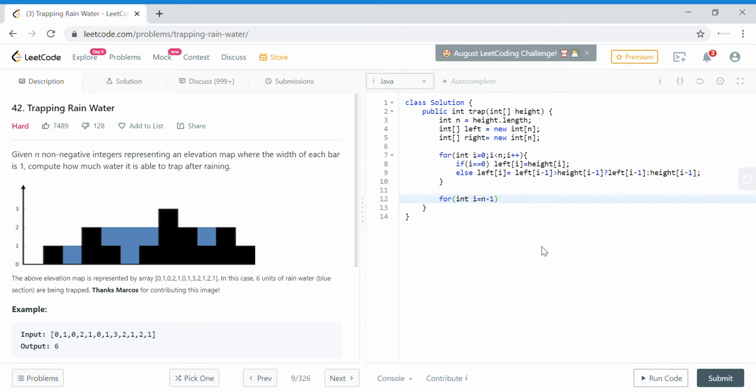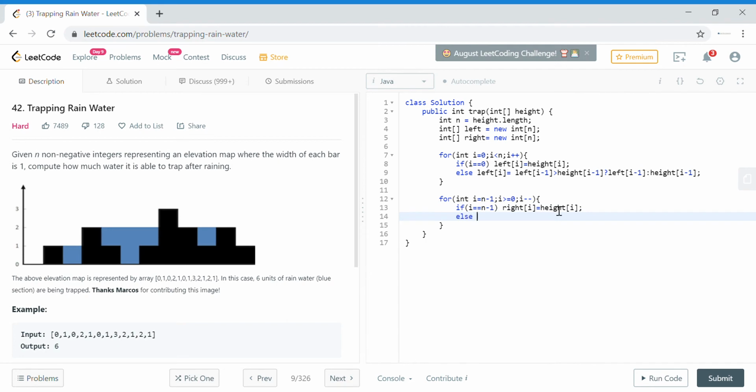It will be for i = n - 1; i >= 0; i--, and again we need to handle the corner case: if i is equal to n - 1, then right of i is equal to height of i.